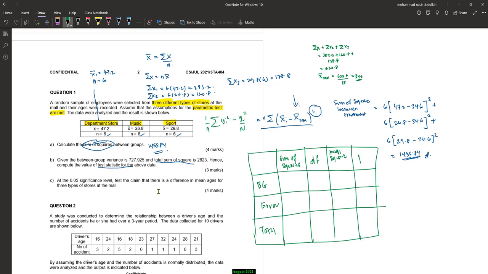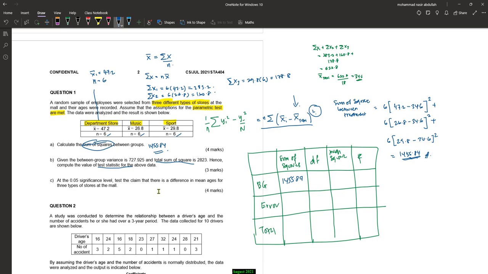And the last one is F value. So earlier we already calculated the value of sum of square between group, 1455.84. So now the degree of freedom for